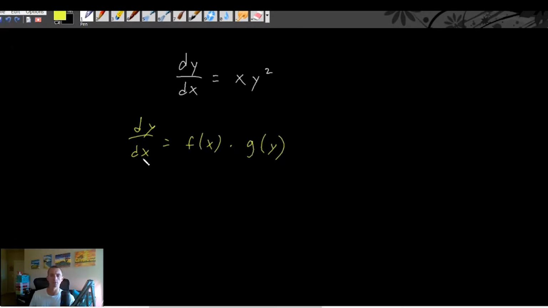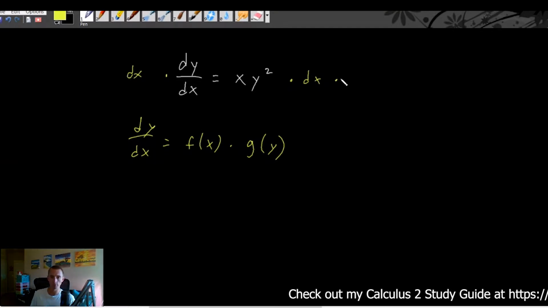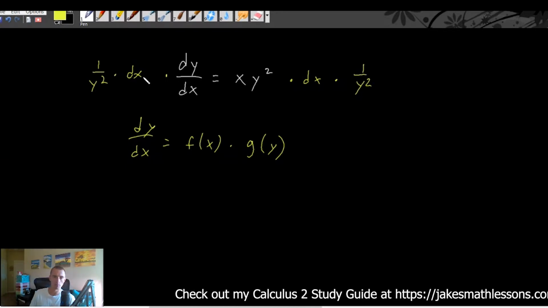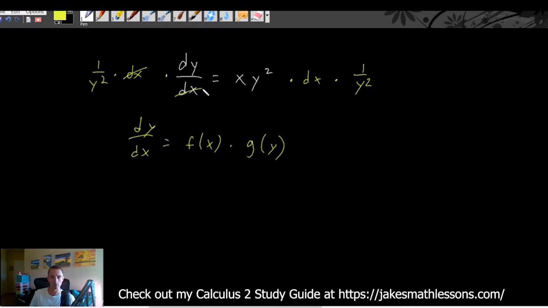Since it's already in the right form, we can start separating our variables, which means we're going to move all of our x terms over to the right, all of our y terms over to the left. So basically we would multiply both sides by dx, and then we would multiply both sides by 1 over y squared,